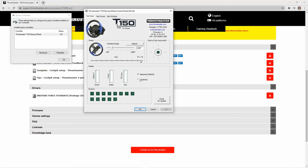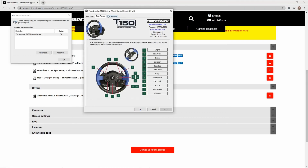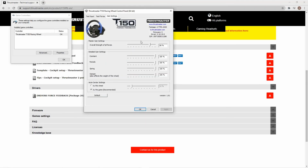So other than that, you can also come here if you want to have a combined input and output between the brake and the gas. So like let's say you want the brake to do both and the gas constant, you can do that for games that you want to use that on. But overall, this is